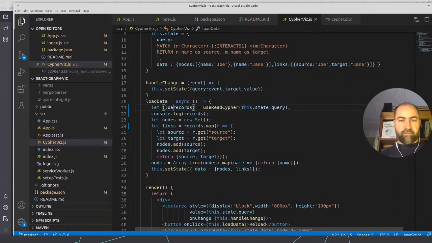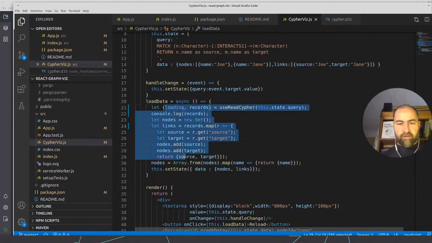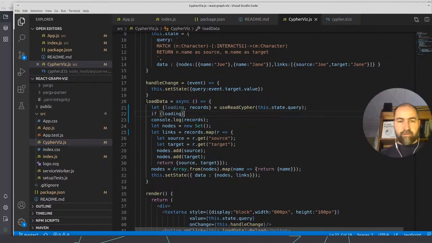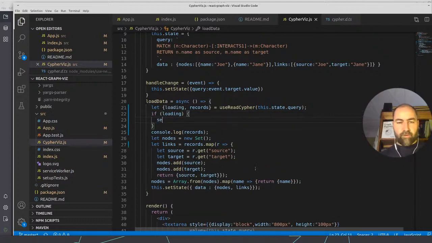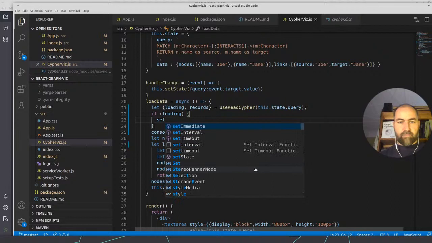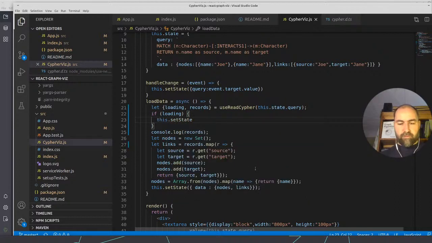So if it's loading, then we should probably, let's see, if loading set state, something like this.